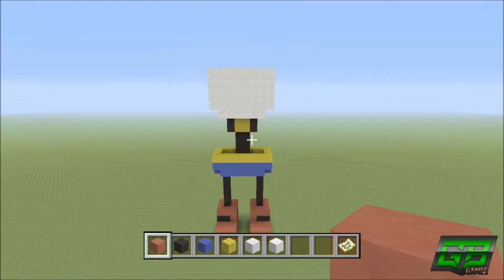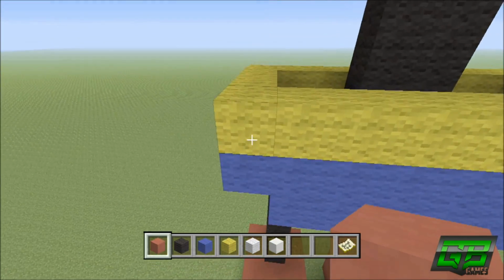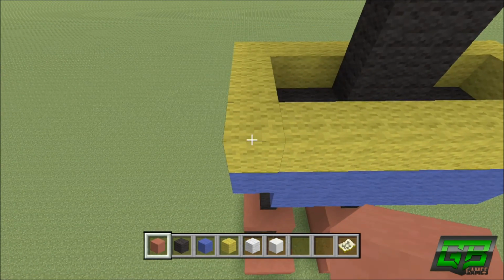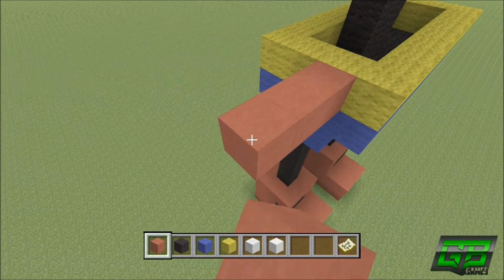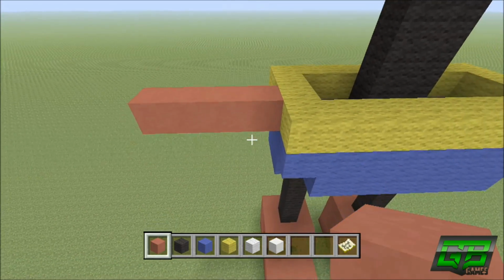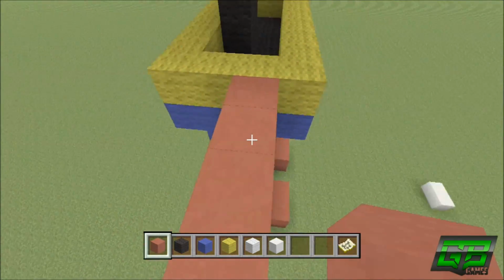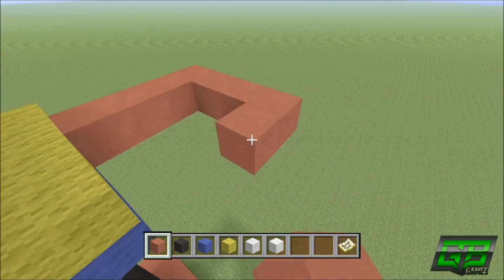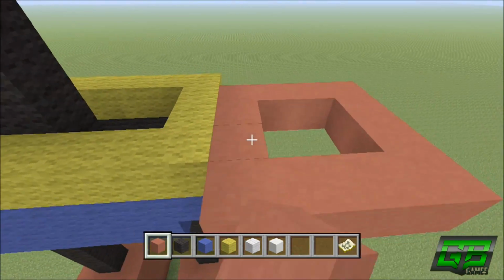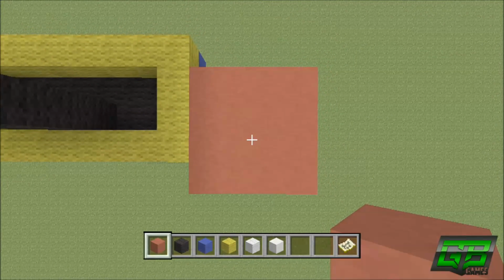We're going to add the arms first because it looks really incomplete without them, to be honest. So what we're going to do is go around to, again, the front side, to this yellow wool right here on the left side. We're then going to go 1 to the back, so this block here, and expand 1, 2, 3, 4 to the left side with red stained clay. We're then going to come around to the back side and expand it 1, 2, 3 blocks backwards, and then 1, 2, 3 to the left,